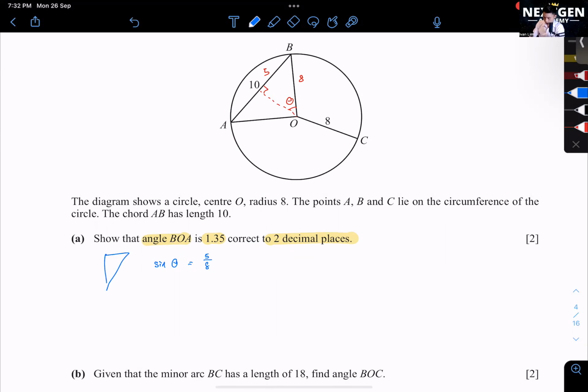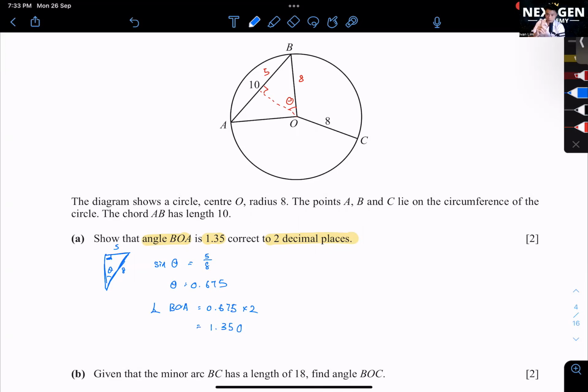Okay, because this triangle here, 8, 5, then this one theta. So, okay, theta equals 0.675. Angle BOA, this one will be 0.675 times 2 equals